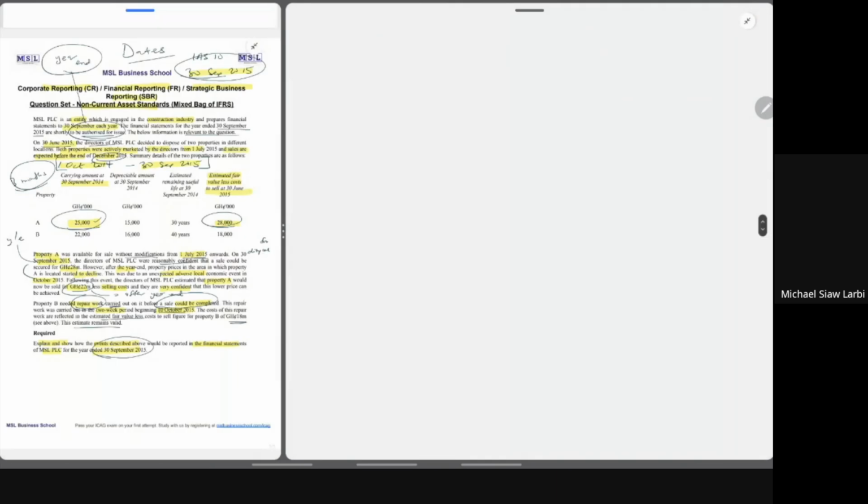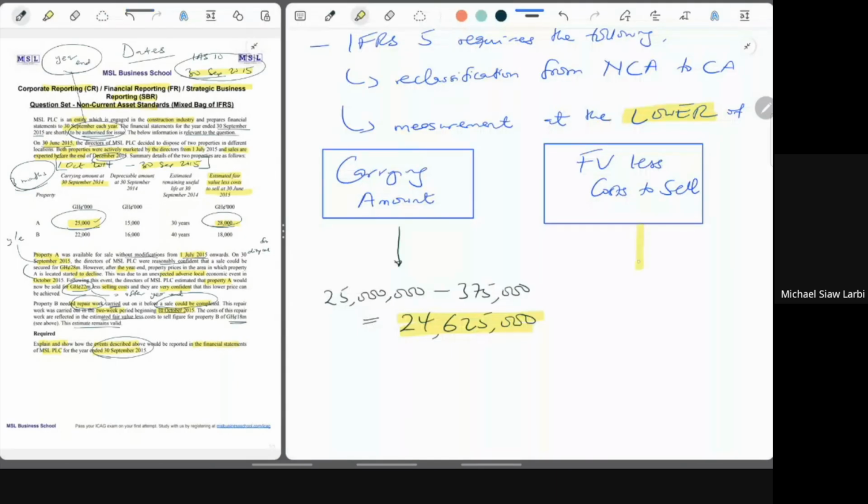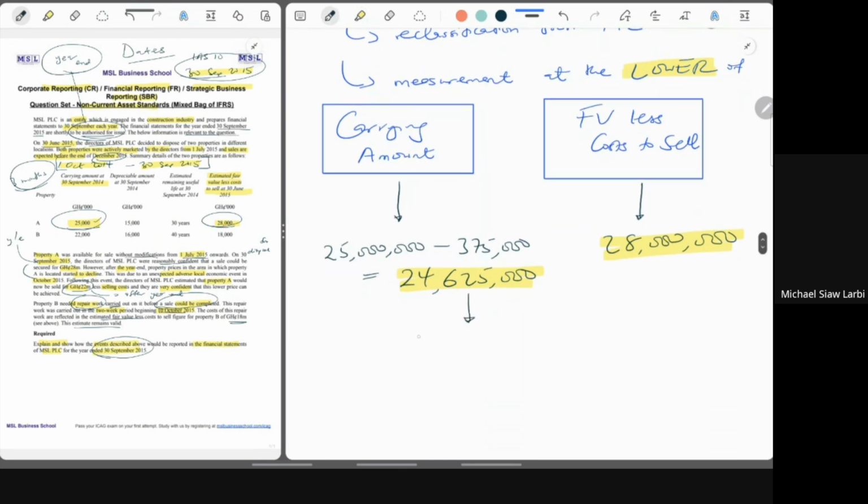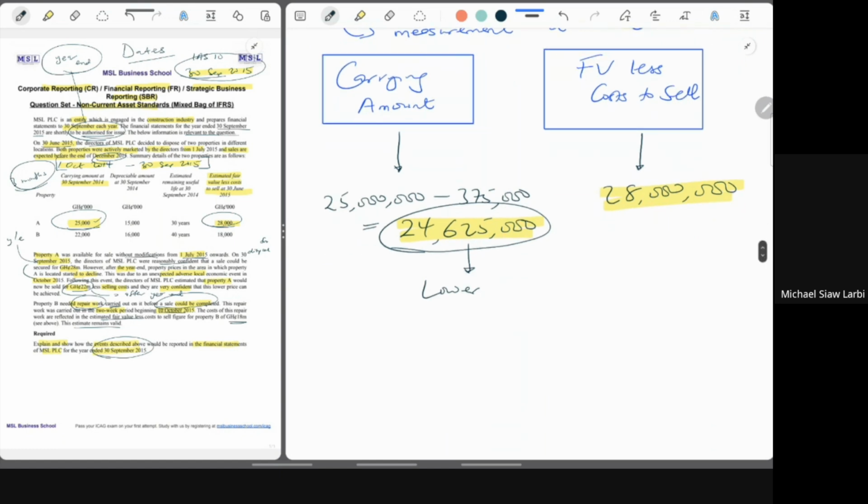So we bring this here. This fair value less cost to sell is 28 million. Clearly, you can see that 24,625 is lower than 28 million. So we'll say this is the lower of the two. So we'll measure the asset at the lower of the two. It means on the statement of financial position, the asset will be presented at 24,625. So we'll mention that property A